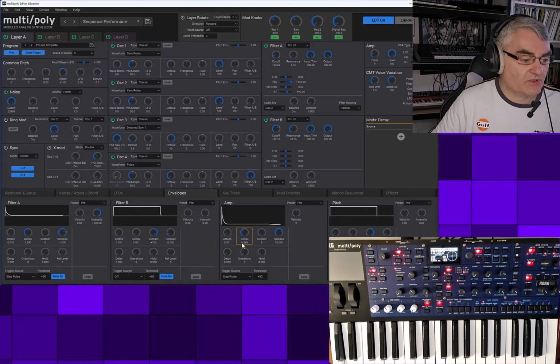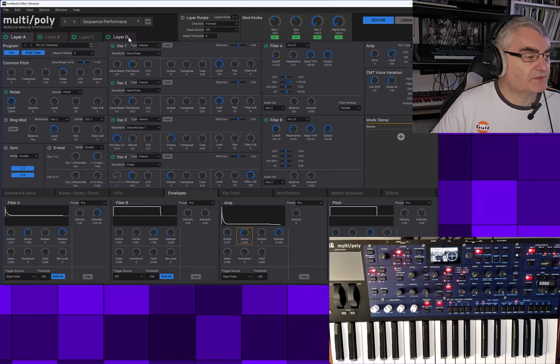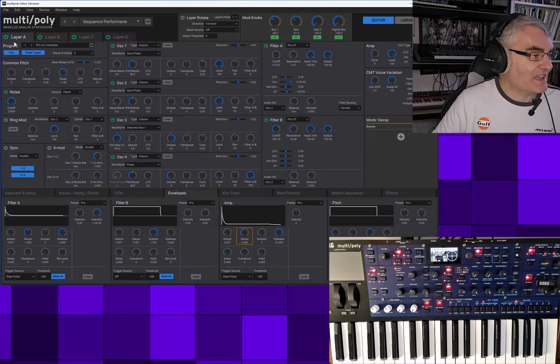Which is why the envelopes are re-triggering all the time. It's because they're controlled by the step pulse. Okay, that's one layer of that, wasn't it? And